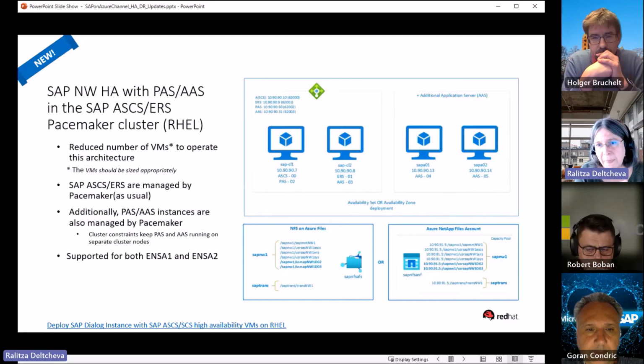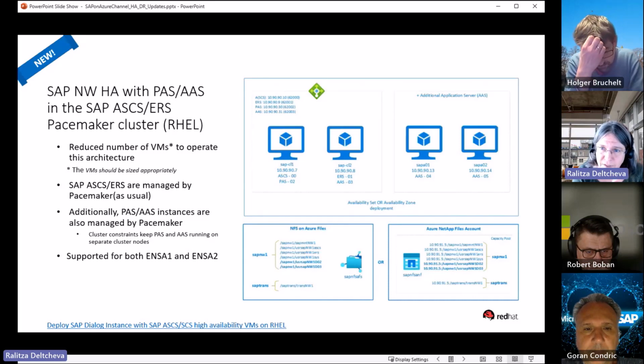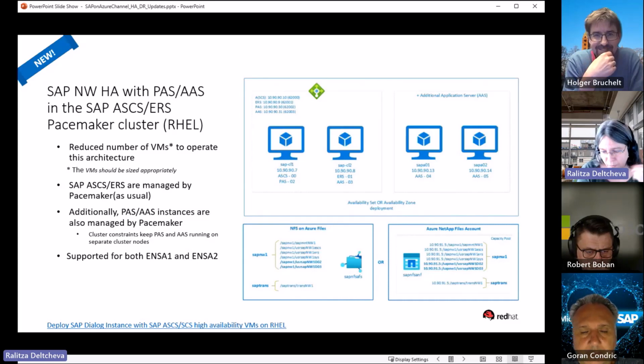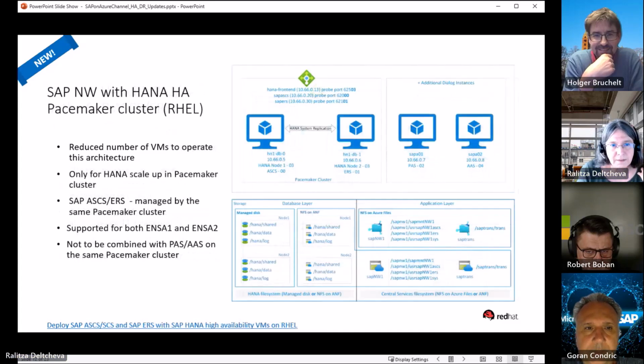So the benefit is that in a smaller system, essentially you can get by with just two virtual machines for your SAP application layer. And by the way, I should mention here that we support the same configuration also on Windows. So it is possible to achieve the same configuration if you're running SAP on Windows. The second